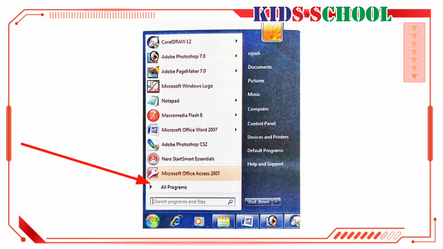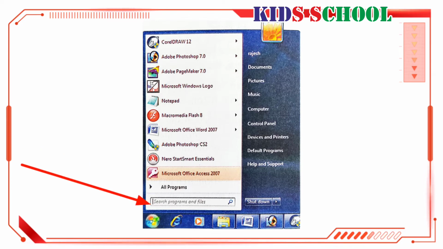Start menu. The Start menu provides a common way to perform varied activities such as starting various programs, accessing commonly used folders, searching for files, folders and programs, getting help for Windows, adjusting the computer settings, etc. You can open the Start menu by clicking the Start button on the taskbar or by pressing the Windows logo key on the keyboard. You can view the complete list of programs by clicking All Programs in the Start menu.